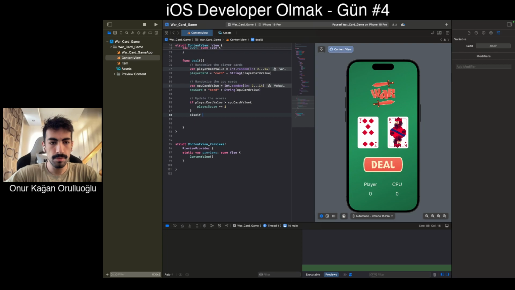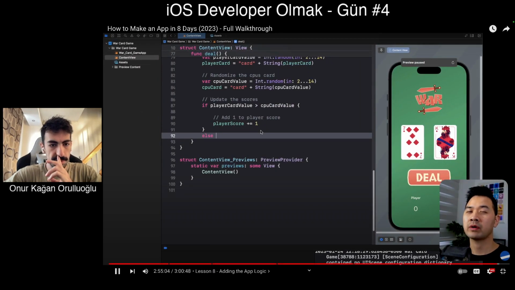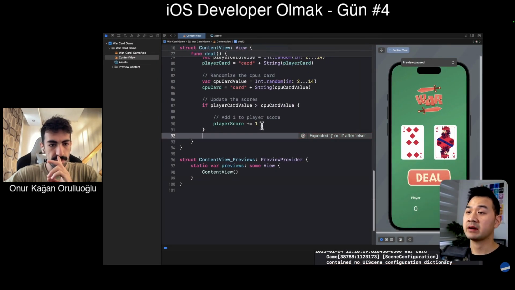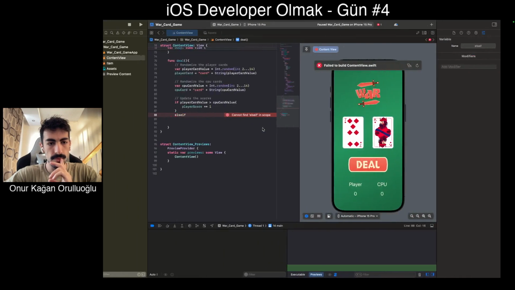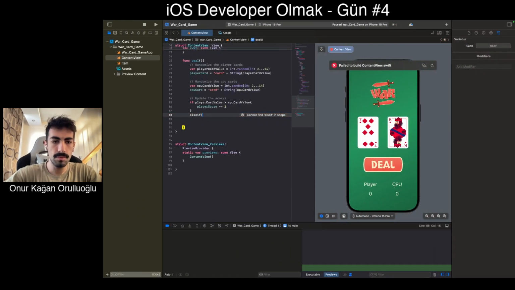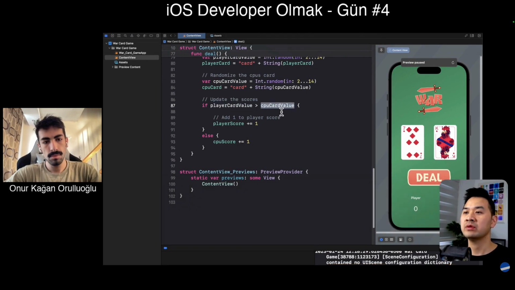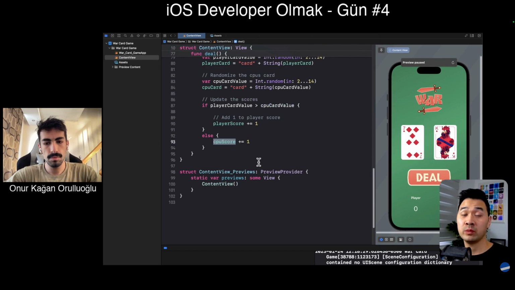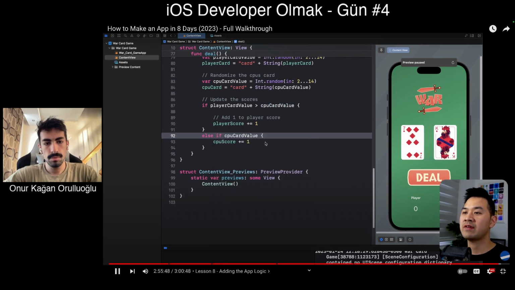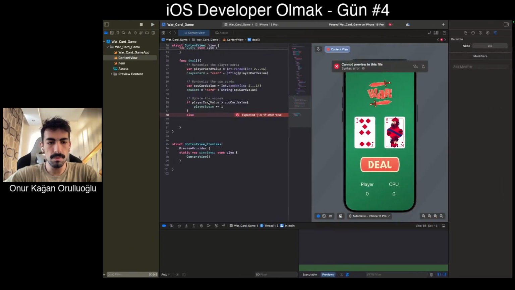So down here, would I add an else or an else if I want to now compare, right, if the CPU card value is greater than the player card value? Now I could use if, and I can say, you know, in that case, CPU score with plus equals 1. But there's a problem with this because this is comparing player card is greater than CPU card. What if player card value equals CPU card value? What if they rolled exactly the same value? In this logic, the CPU would win, even if the values were